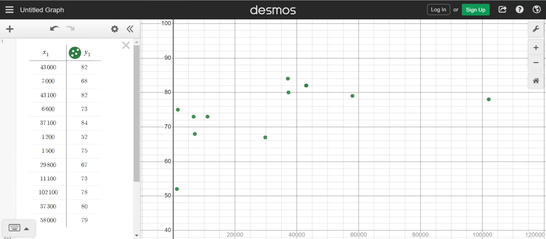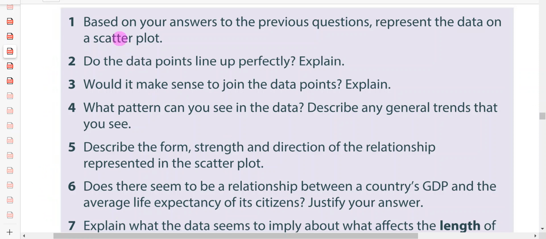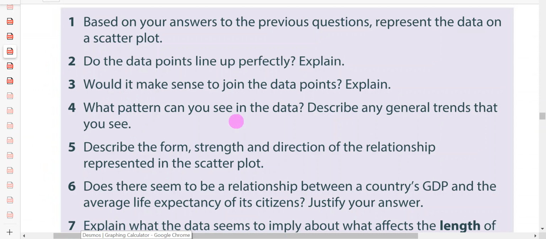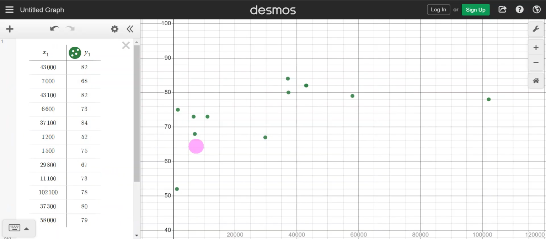All right, so we have already talked. It says, do the data points line up perfectly? No, they don't. Yeah. Would it make sense to join the data points? No. And why not? Because it goes up and down. Because that would be saying any